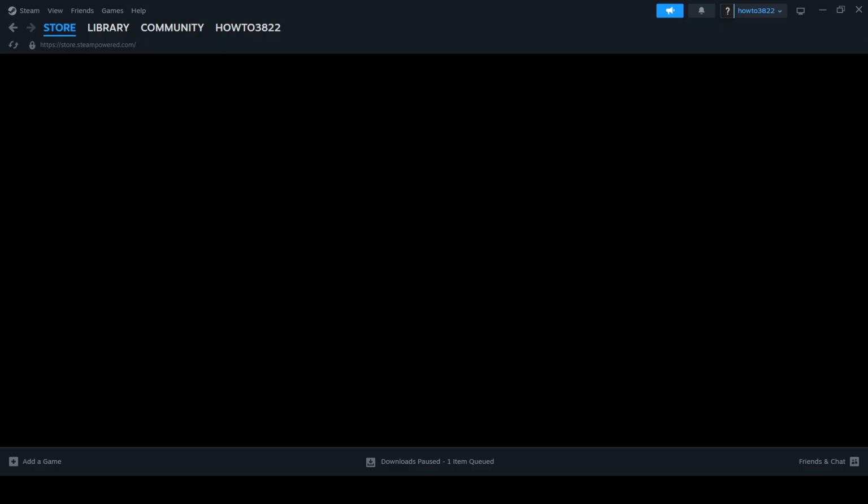To begin, open the Steam application on your computer. If you haven't installed it yet, download and install Steam before continuing. Once the application launches, you'll be taken to the login screen if you aren't already signed in. Click the Login button, enter your account name and password, and double-check that your information is correct before selecting Sign In. After a successful login, you'll arrive at your Steam homepage, where you can access your library, friends list, and